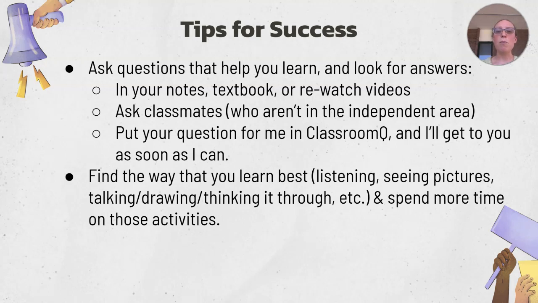Make sure that you find a way you can learn best. Some people learn best by listening to information, hearing it. Some people learn best by seeing pictures or charts, graphs, looking at the visuals. If you can picture where the information was on the textbook page, that's probably you, you're a visual learner. Some people are more of a kinesthetic learner, where they have to talk it through or draw it out, think it through. Those might work.